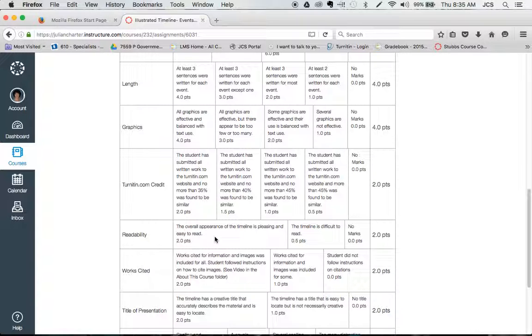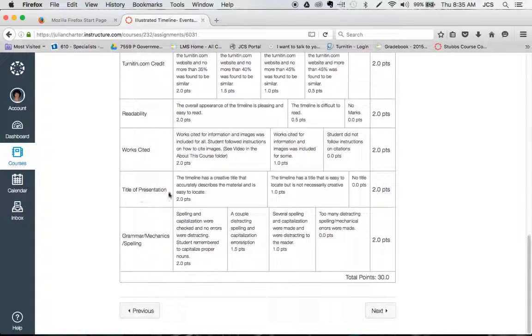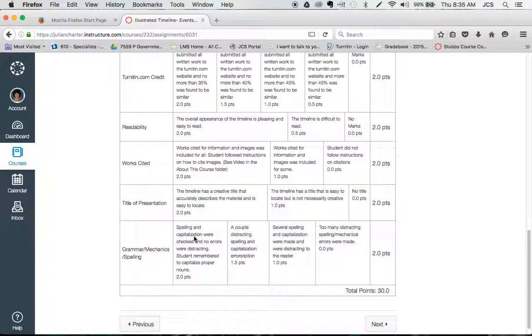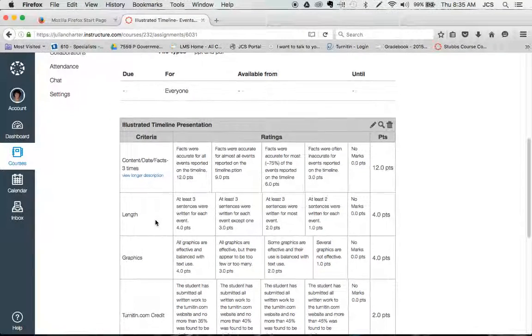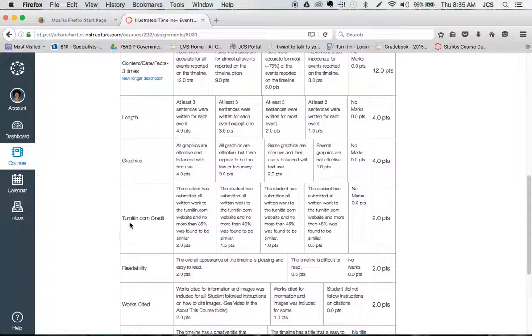Readability, that means you didn't use the picture so big and then type over the pictures that I couldn't read it. Works cited, title of the presentation, grammar. I'm going to talk a little bit about grammar and mechanics on another assignment. So I want to just point out that it will tell you the length, tell you have points whether you